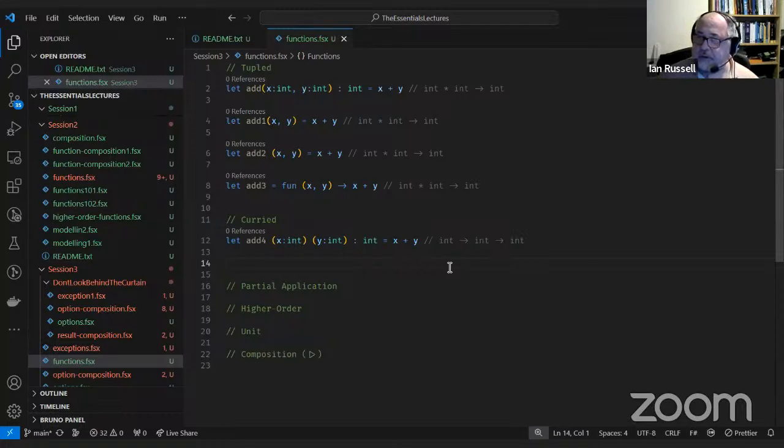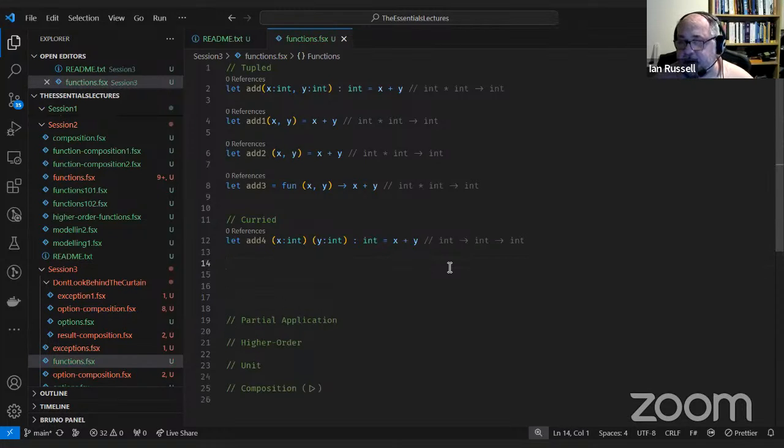Now remember the one rule that said all functions have one input and one output. That looks like it's got two parameters. So that means there's two inputs and one output. Actually, that's not strictly true. So whilst you can use it like that, what it's actually doing is something called auto currying. So what it's doing is it's splitting it into multiple functions. So each function takes one parameter. So what you've actually got here is add4 is a function that takes an int that returns another function that takes an int and returns an int.